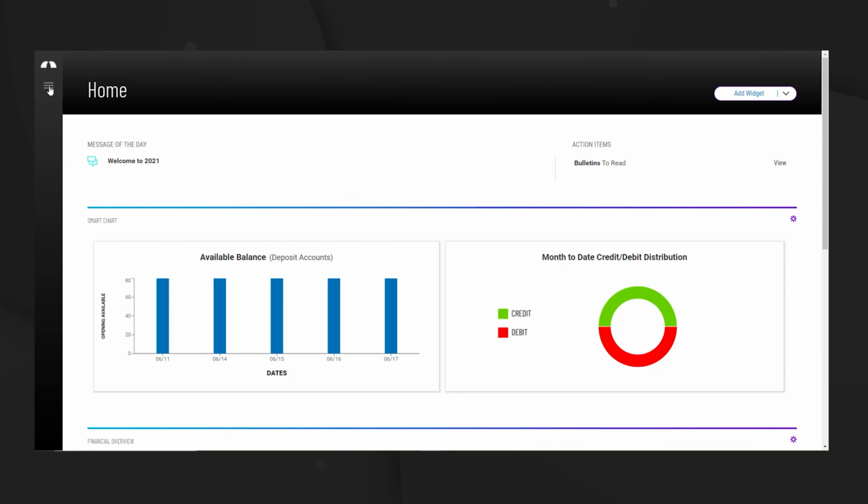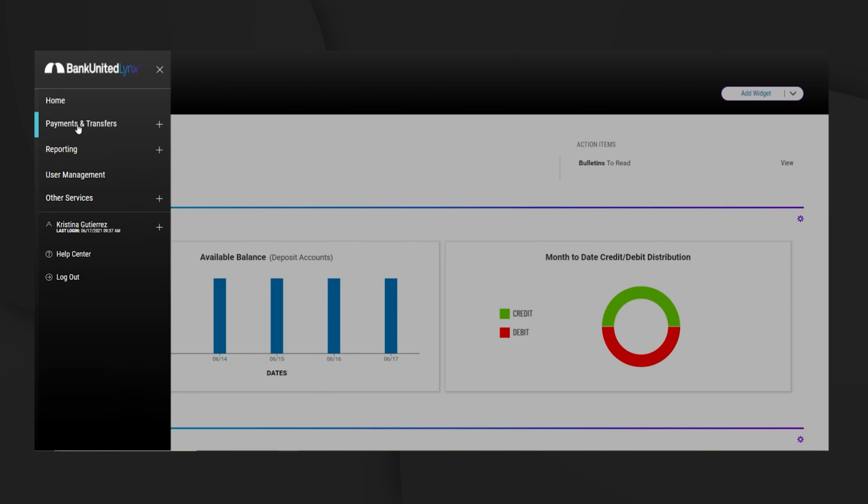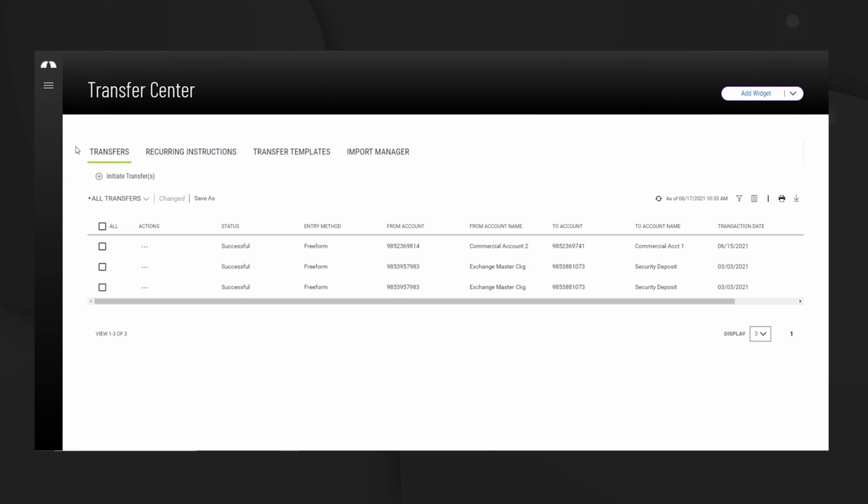Hamburger menu, select Payments and Transfers, then Transfer Center. The Transfer Center is where you will do internal money movement known as book transfers. Under the first tab, Transfers, a user can initiate a transfer by clicking on the plus symbol next to the